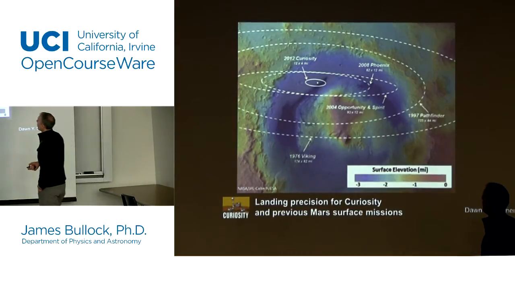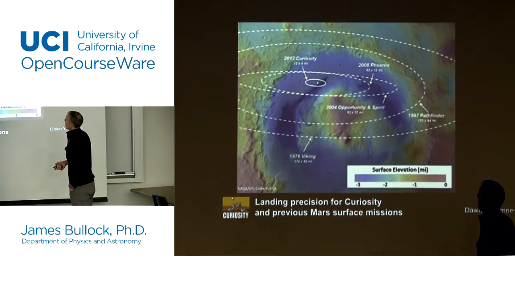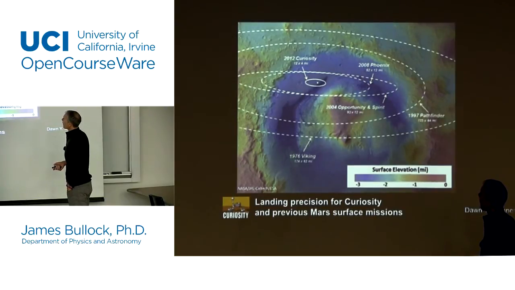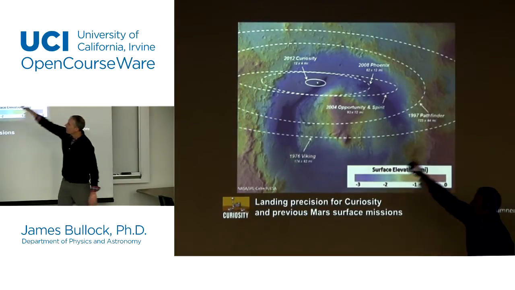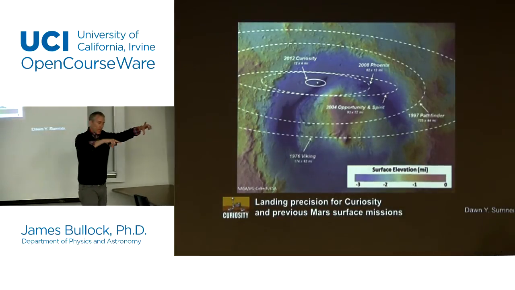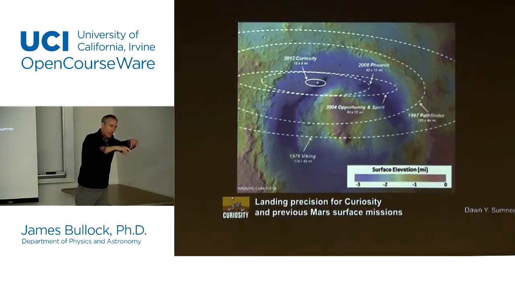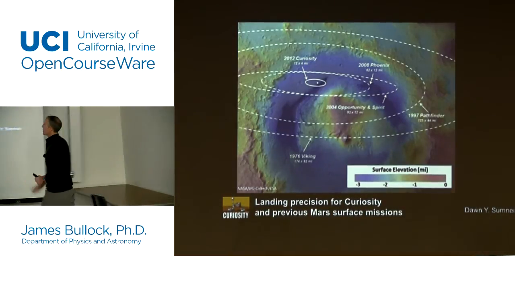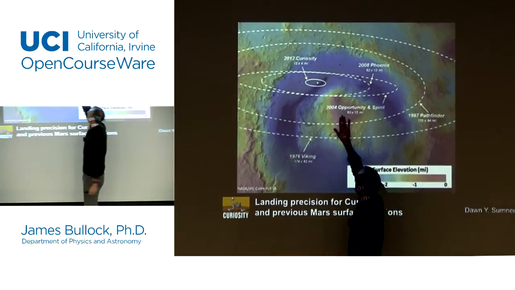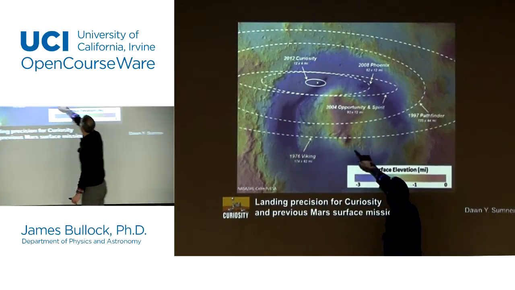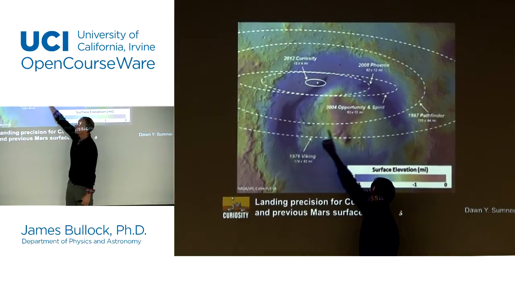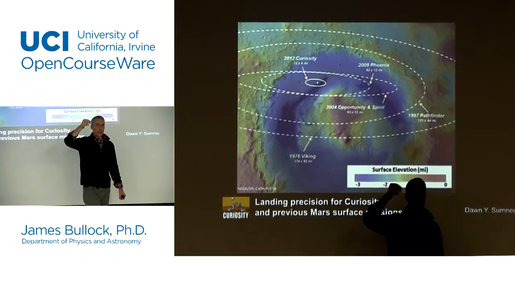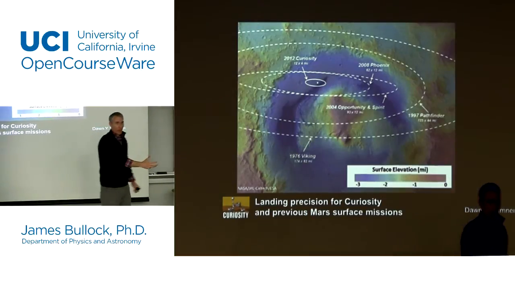Now, the reason they never tried to do this before is something I was talking about earlier. These are the error ellipses, showing how well they could actually place a lander where they were trying to place it on the surface of Mars. And this is the crater they're trying to get to, right here. You can see that even with the Pathfinder probe, they could never put the thing very close to the crater without knowing for sure that they were going to drop it right in the middle of the crater and destroy it.